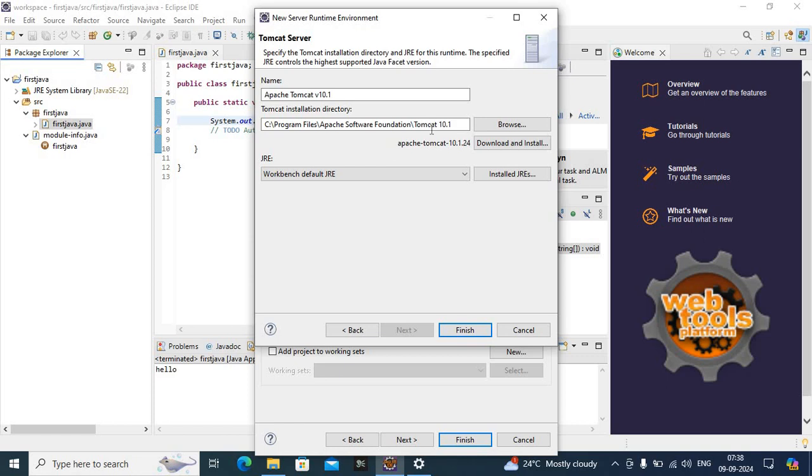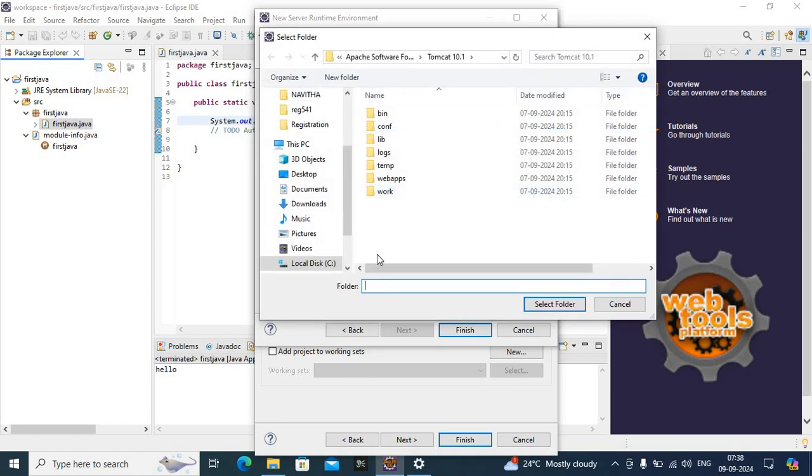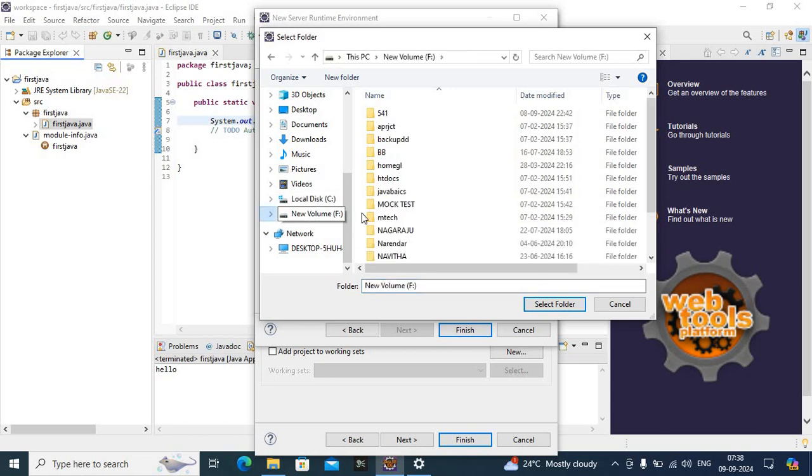Why? Because I changed the name of Tomcat 10.1 to 541. So it may or may not run, I don't know, but I'm checking first. I will check. It's working. If you are using Eclipse IDE, you are starting the server from the Eclipse IDE. So don't use